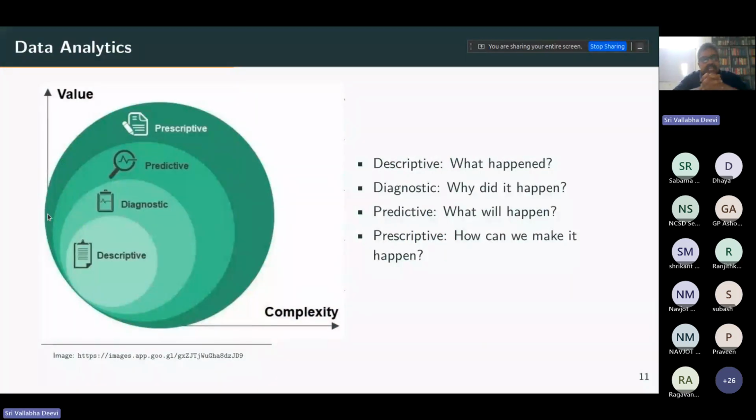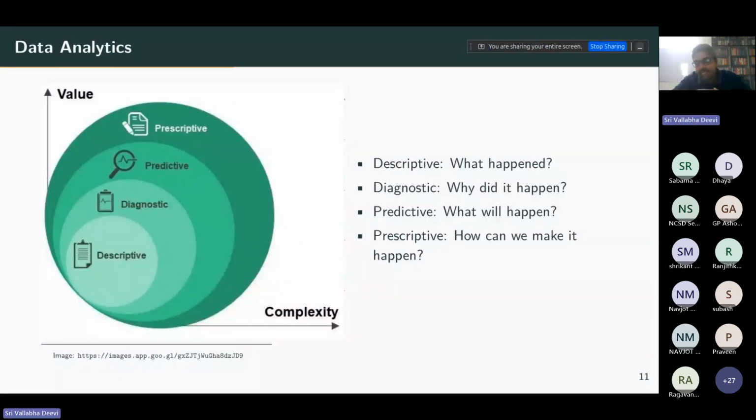So what is data analytics? Data analytics is essentially drawing insights from raw data, understanding what has happened, and trying to proactively control things so that things do not go wrong. That is basically what data analytics is. And there are 4 parts or 4 aspects to data analytics. Like in maintenance, some of you may be from the maintenance department. Like you have corrective maintenance, preventive maintenance, and then predictive maintenance. Like that only, even in the analytics,